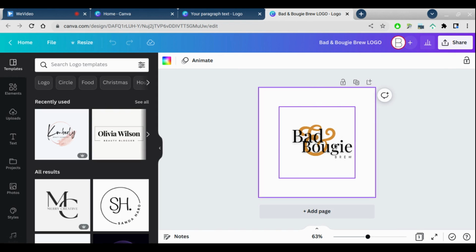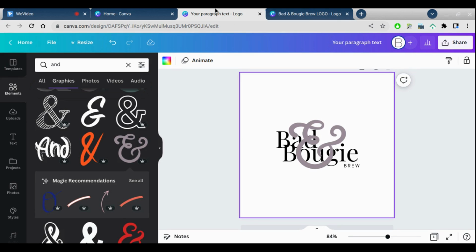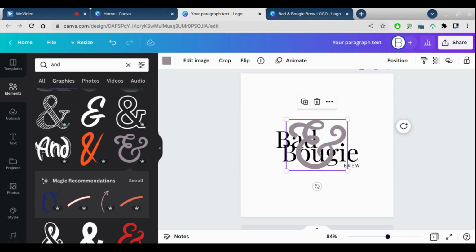But I want the and to go behind the words bad and bougie like that. So how do we get there? How do we do that? All right, so if I want to place the element behind the words, what you're gonna do is select the element and come up here to the right side of your toolbar and select